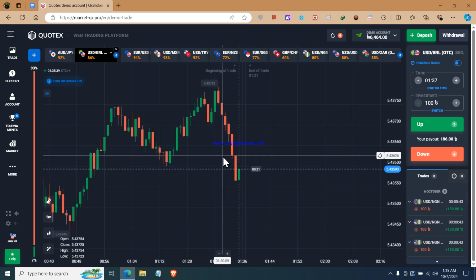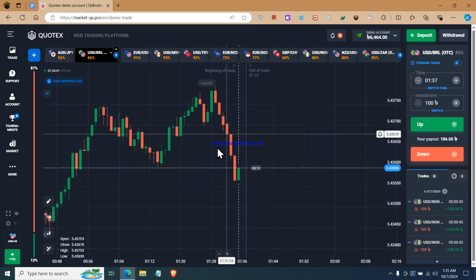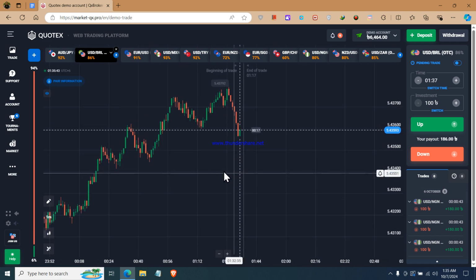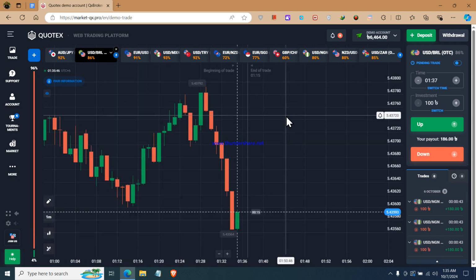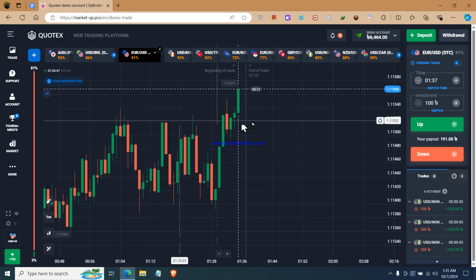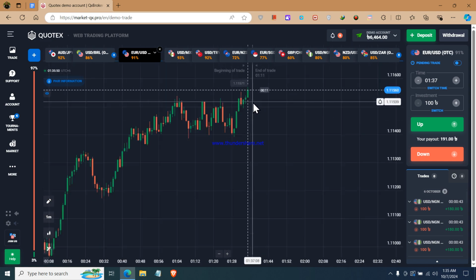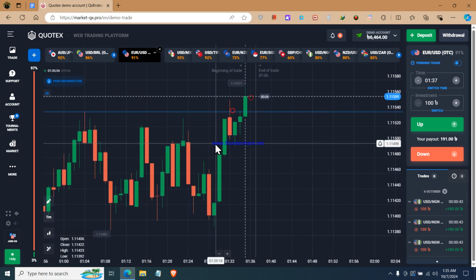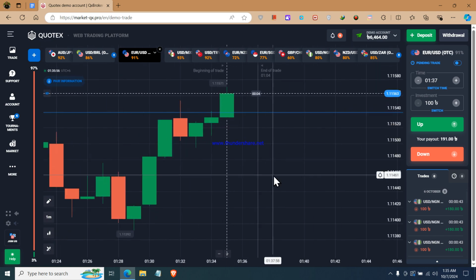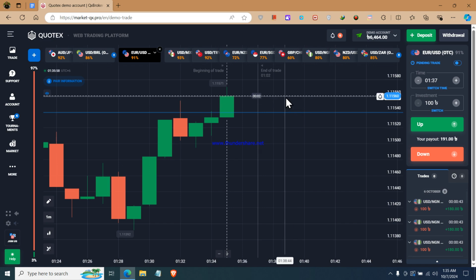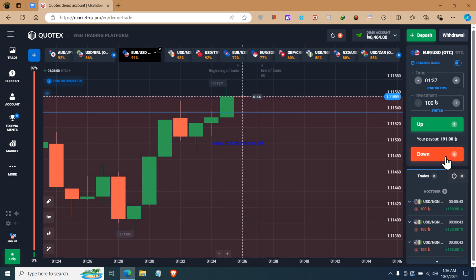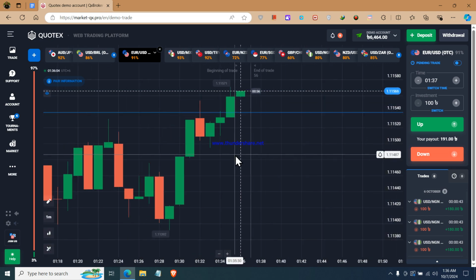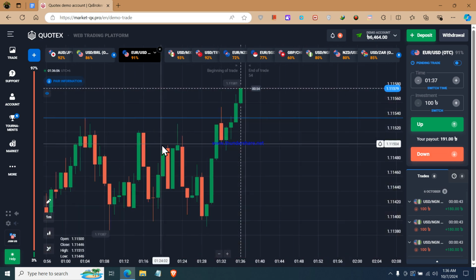In this chart, I'm not really sure about it because the sellers are getting strong here, and it's an uptrend, so I'm not sure if I should trade on this candle. I can place trade in here. The buyers are breaking the higher high, so the next candle can reverse. I'm going to place my trade for down option here, okay, because this candle is indicating the buyers are exhausted. Okay, wait.